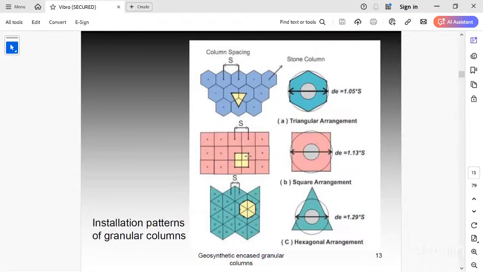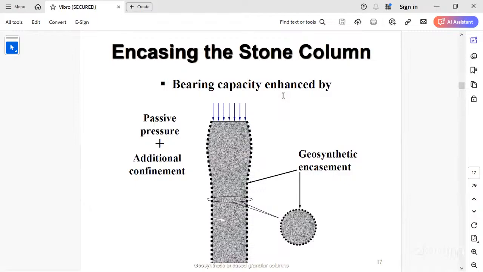If you have either a square pattern or triangular pattern, you'll have a unit cell area, and within each unit cell, there is a column of granular material, and then there is soil in between. And this particular equation that you have,